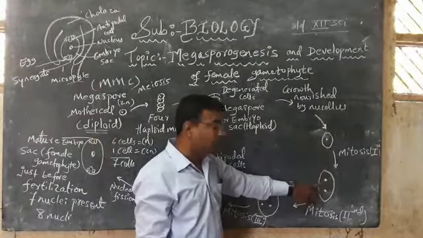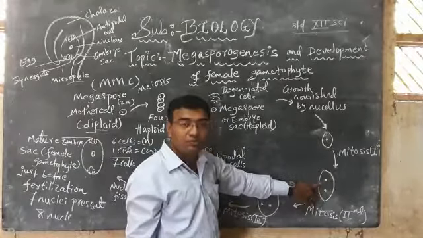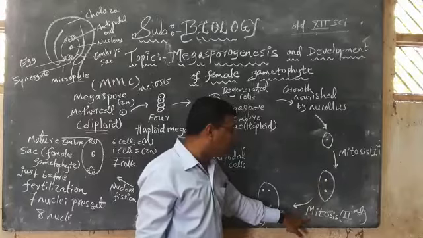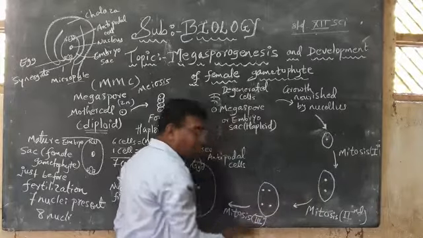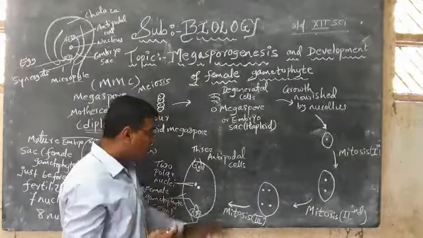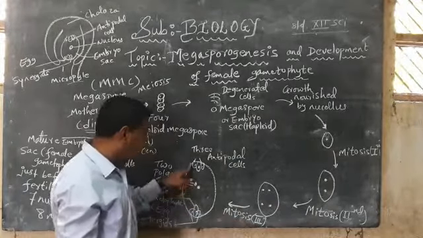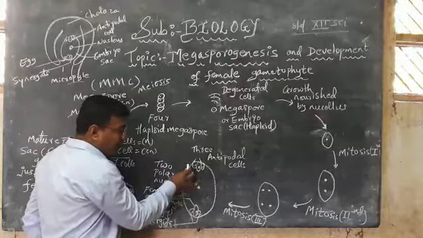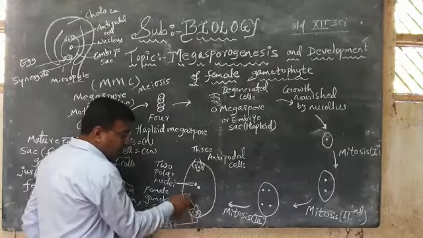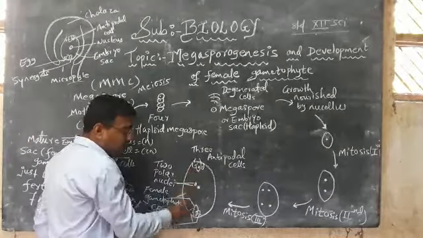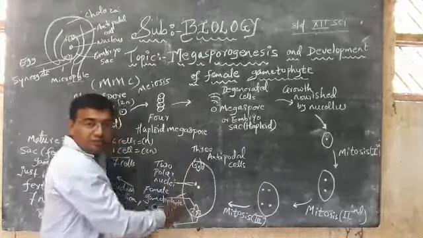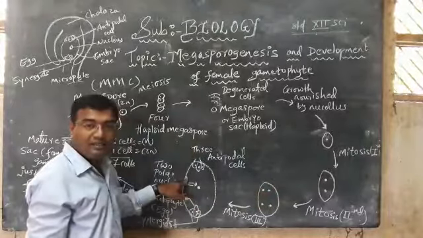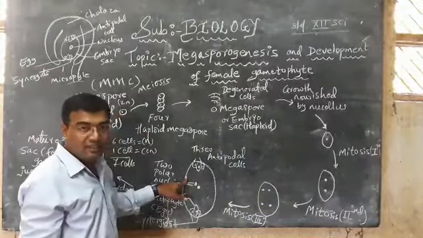After the first mitosis, we get the 2 nucleated cell, or the 2 cells. Then after the second mitosis, the 2 cells are converted into how many cells? 4 cells. And after the third mitosis, it is converted into how many cells? 8 cells. Where the 3 are upside antipodal cells, and the lower 3, and in between 2. So 3 plus 3, 6. 6 plus 2, 8. Means a single cell has now become how many cells? It has now become 8 cell nuclei.